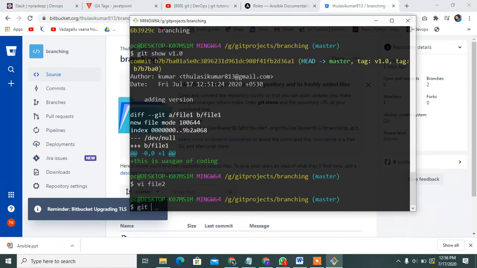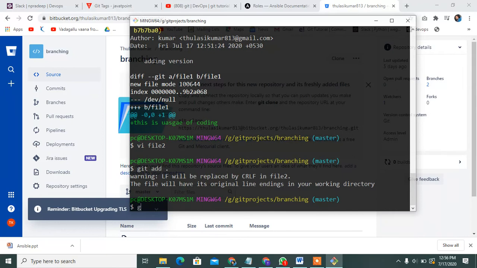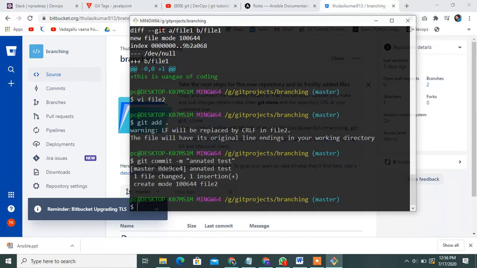And save it. First of all, add that. Then git commit -m, using annotated tag. But present using what tag is annotated text. Then save it. Then git